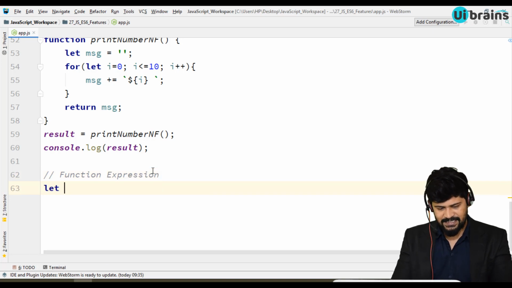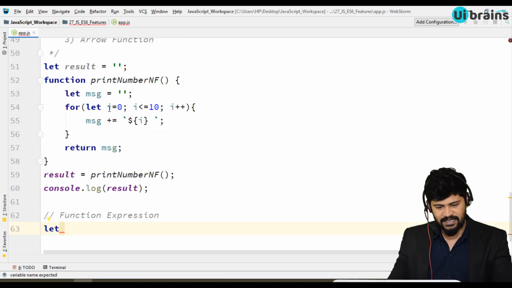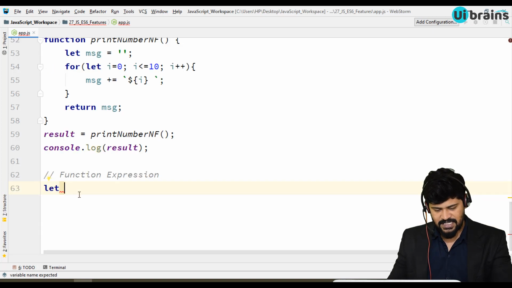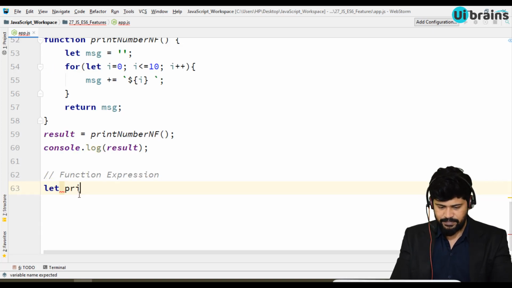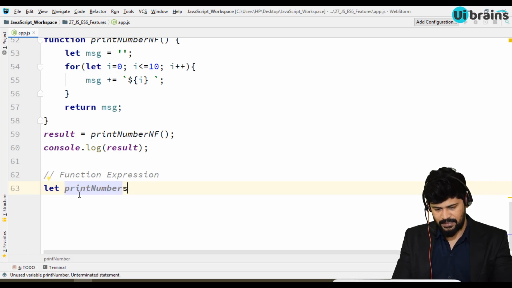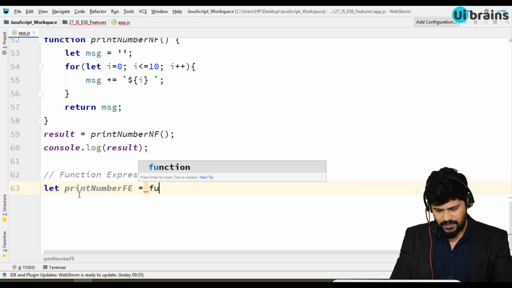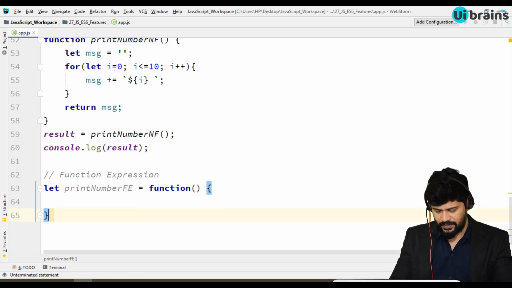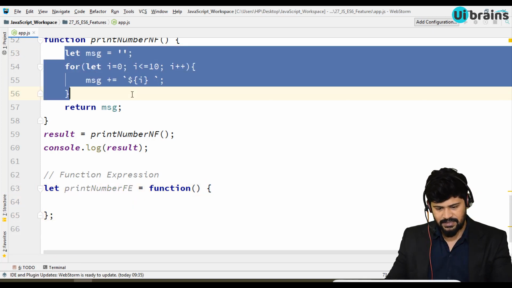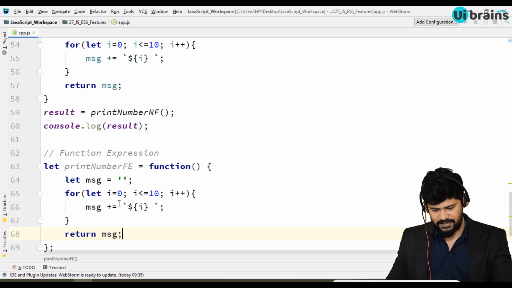I say let, and then you write the function name. See, there is no let keyword in the normal function, but here there is let printNumbersFE, function expression, is equal to a function. Again, same logic: you just copy that and paste it.